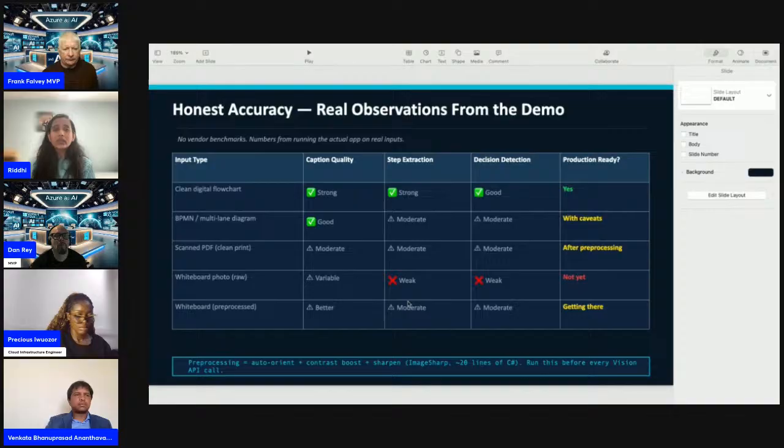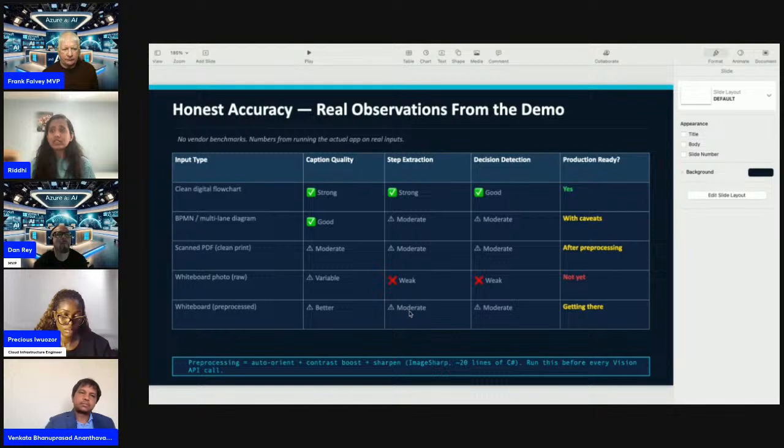Talking about the accuracy, if the flowchart is clean, just black and white, then you get a good quality caption, the step extraction is good, the decision detection is good, and it's also production ready. But if it's a scanned PDF or a whiteboard photo, it didn't work at all.